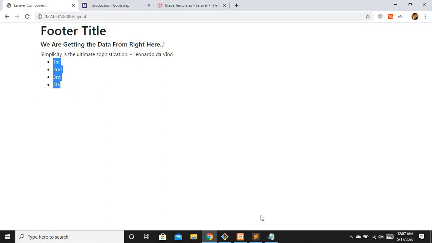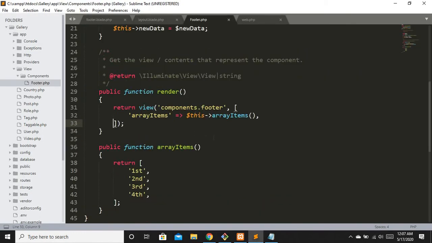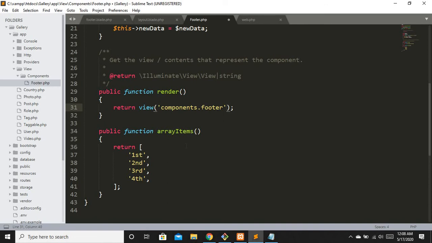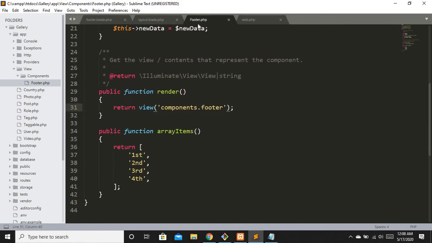Now I'm going to show you the magic. We don't need to pass this array items function, or any specific method, as an array at all. Whenever this view is returned from this footer.php, every function inside this class is returned as a variable.